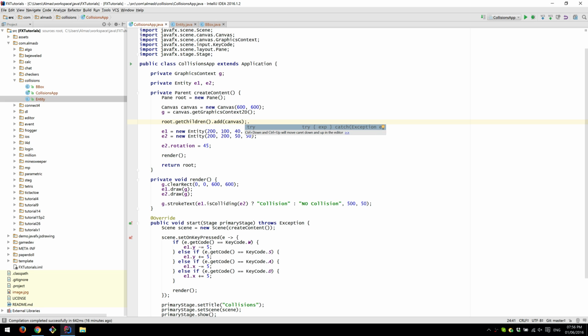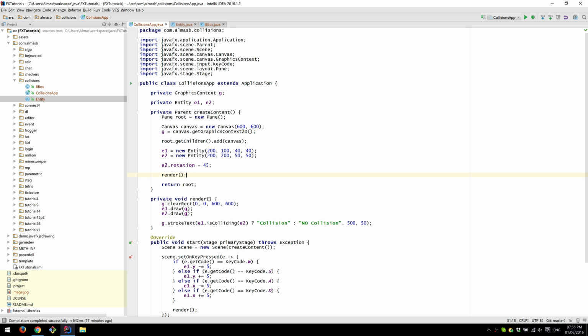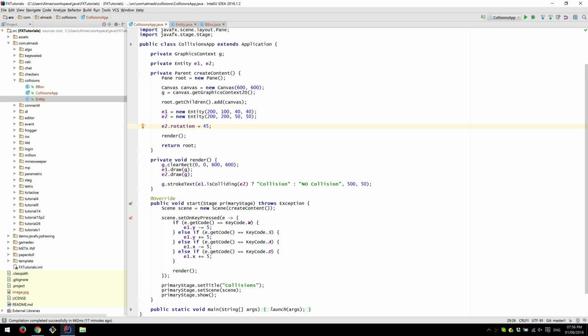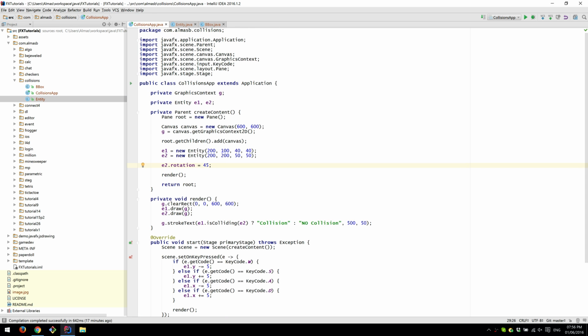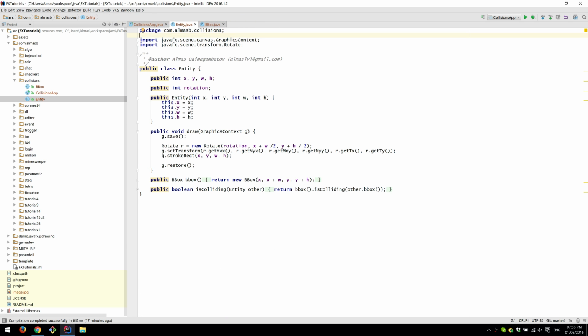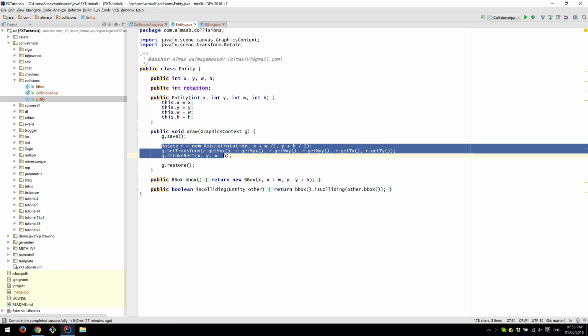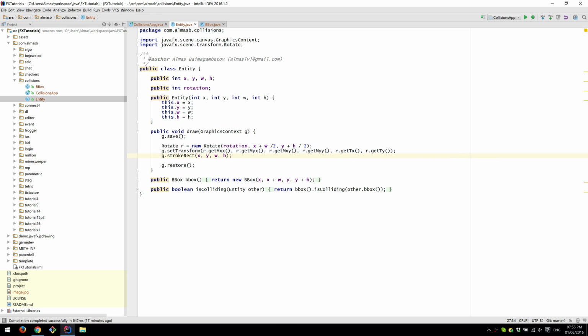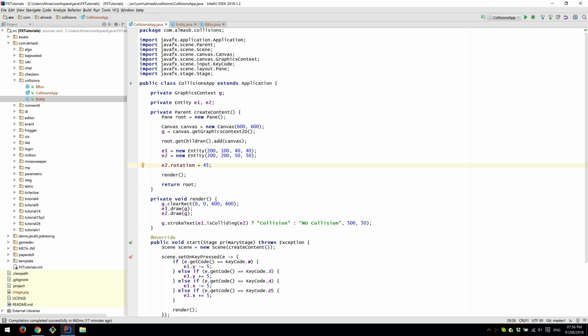Guys, in this tutorial we continue exploring collision detection and we do SAT today. In the previous tutorial we did bounding boxes, axis aligned bounding boxes, which are fine for most 2D games. However, when you have rotation, this is by the way the code that we left with in the last tutorial. The only thing I added was the rotation and the code that allows us to draw rotated